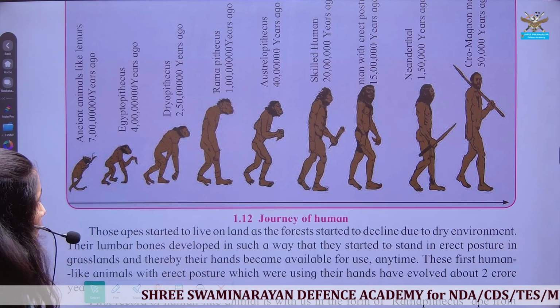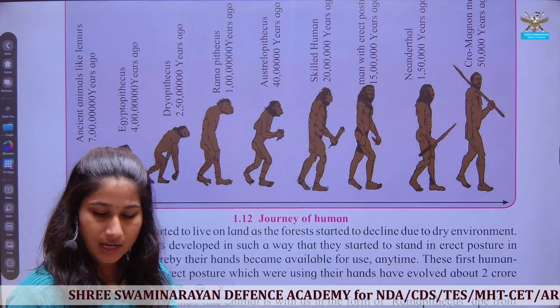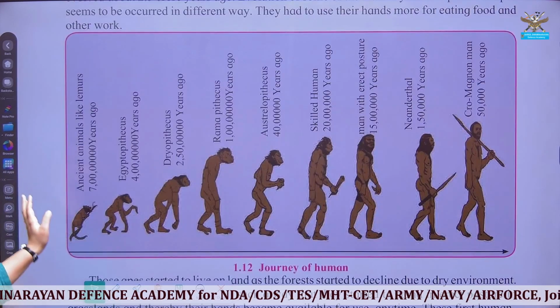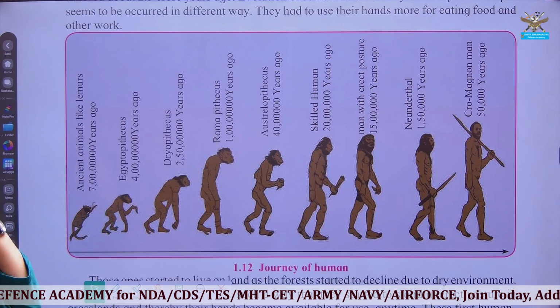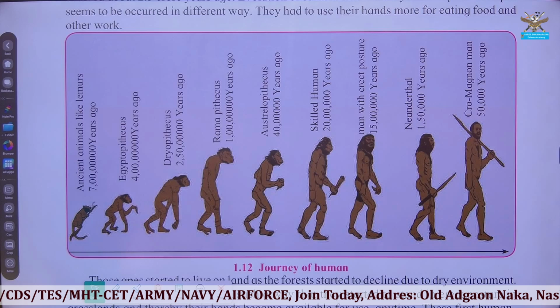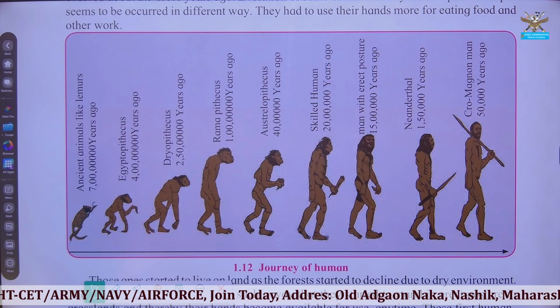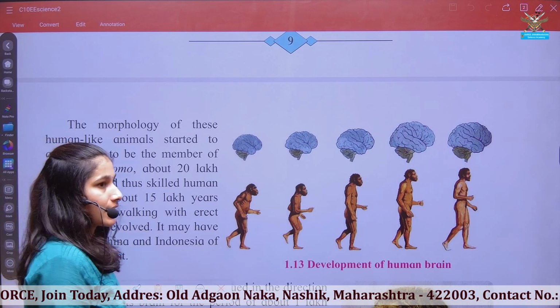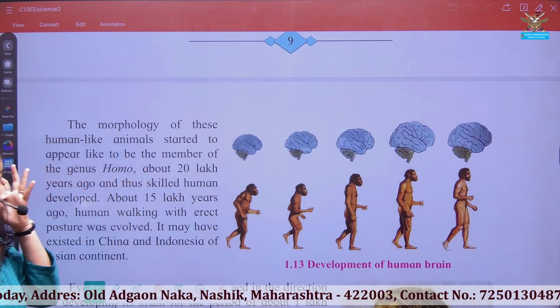So the first upright man continued in that direction. Again, there were changes in their habits, and with these changes in habits, the morphology of these human-like animals started to be seen